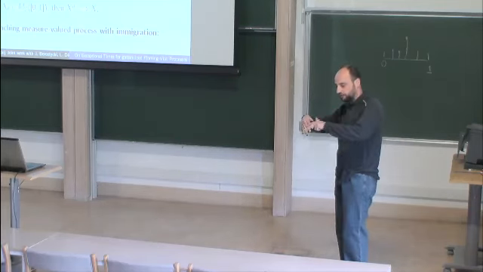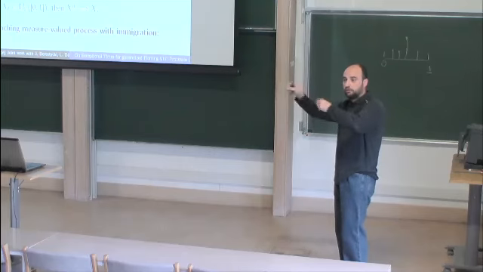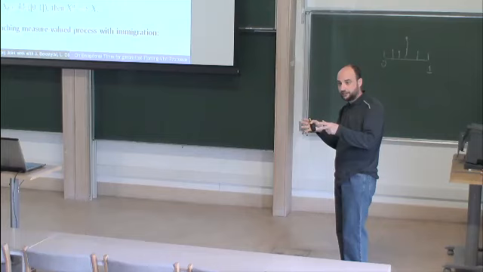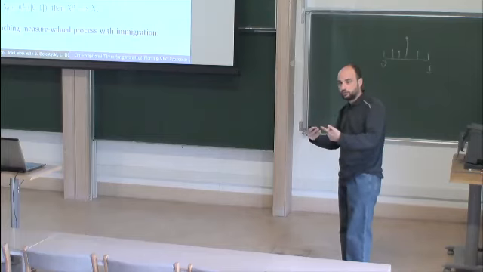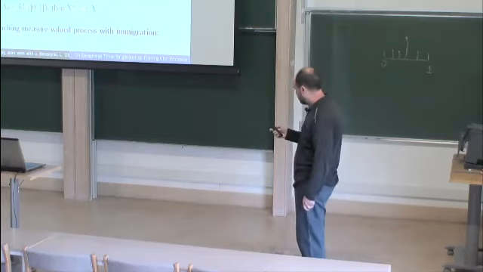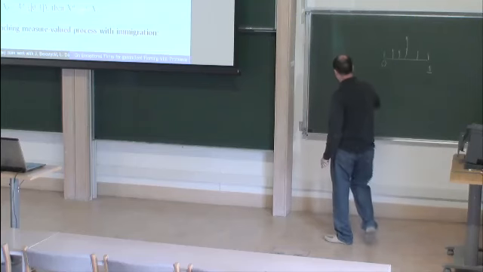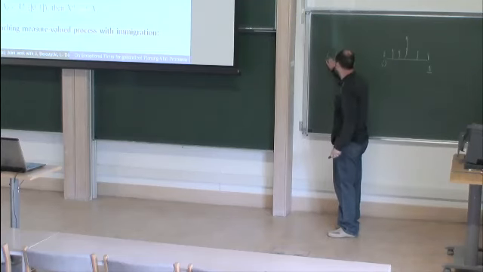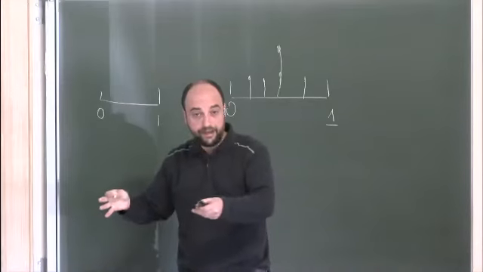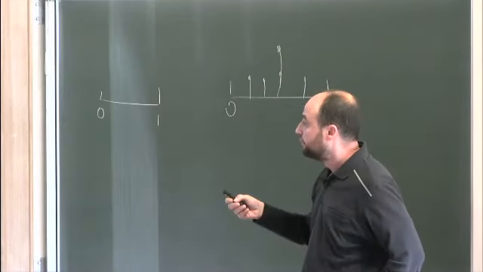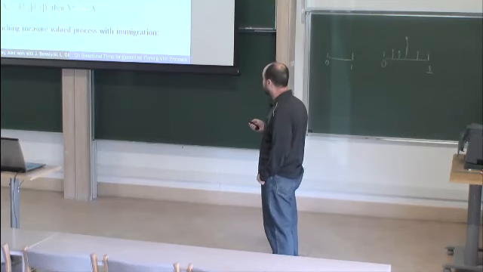Which means in time and space you put additional particles here and there in the system, uniformly in time and space, with rate proportional to theta n. Then you rescale everything by n. You take the site space, the space where all particles live, 0, 1. You rescale everything by n, and you get again a measure-valued process, which we call measure-valued process with immigration,